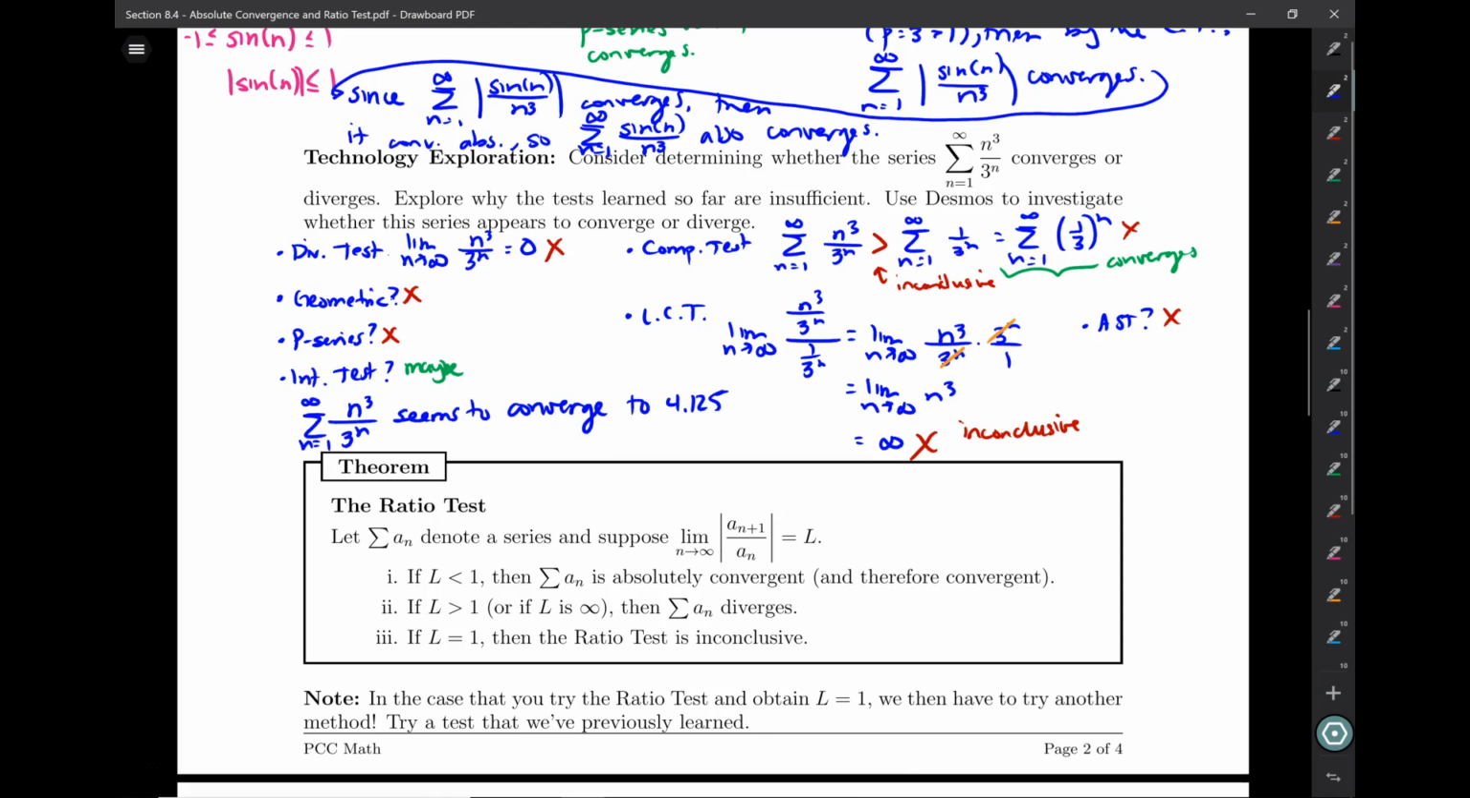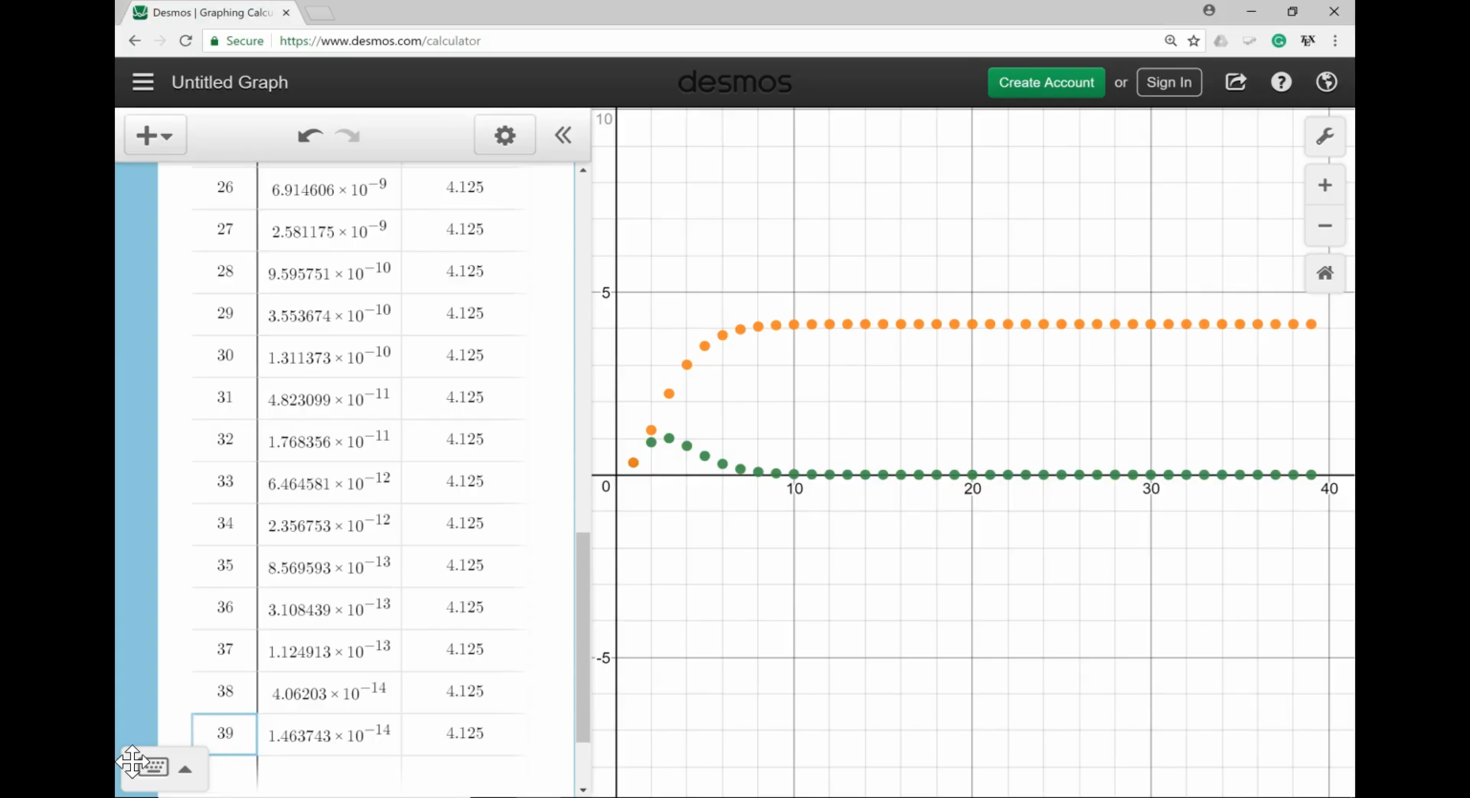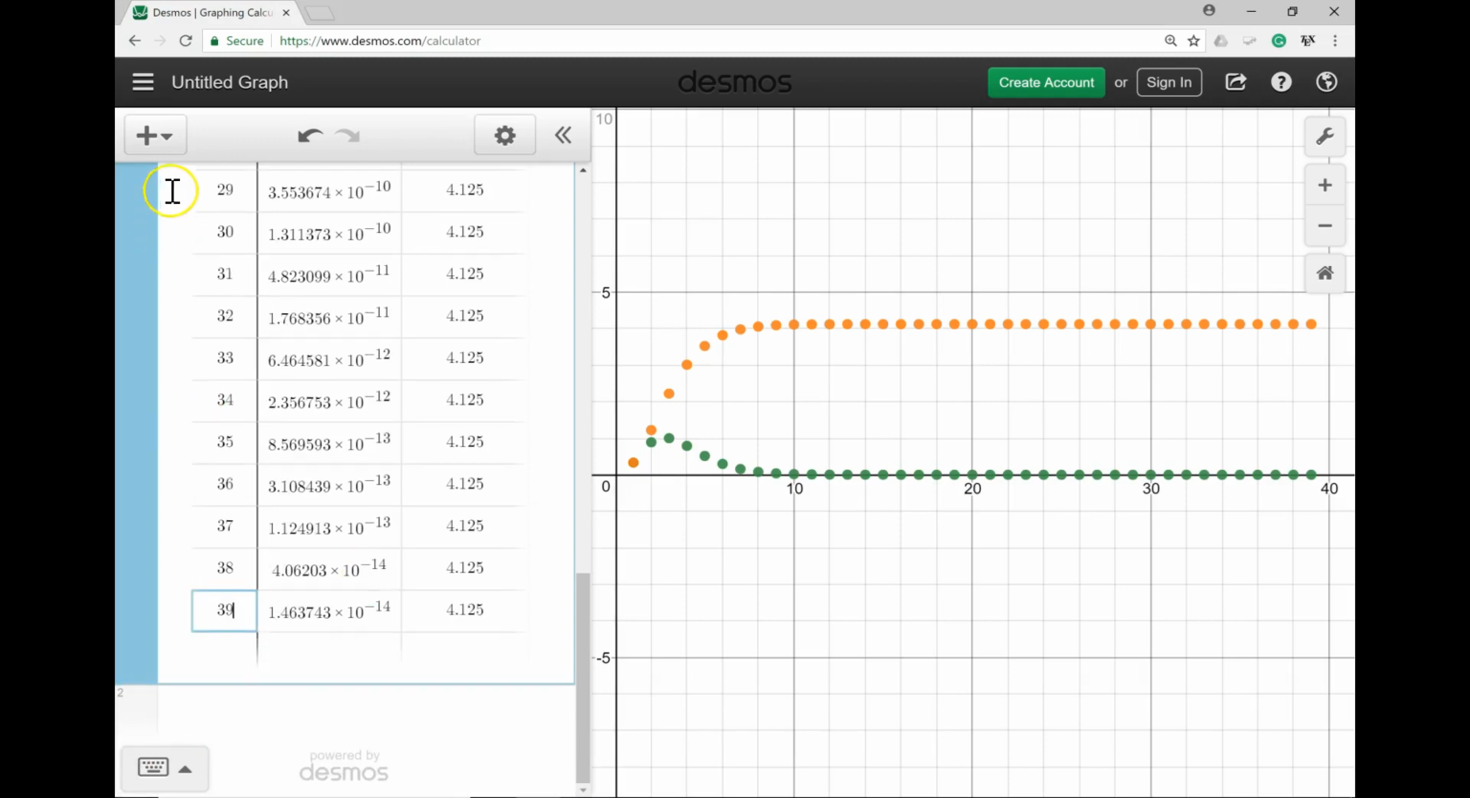So bring on a new test. So here's the idea with what we're going to eventually call the ratio test. Looking at this as an example, again, we can see that in the end, the 3 to the n is going to totally dominate over the n cubed, right? If you compare these things, let me go back here to Desmos just to show you what I mean by that. I can create another table